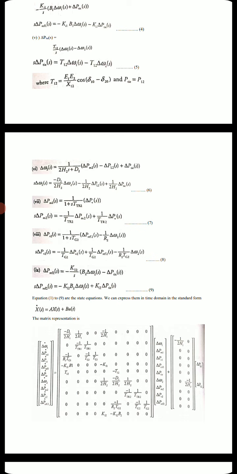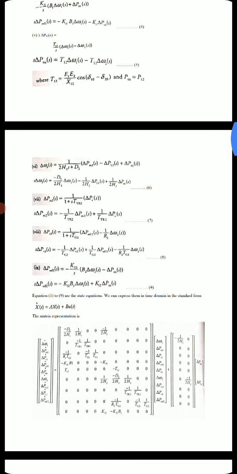Once you have all the equations, the major thing is to write them in the standard form, that is x dot of t equals A into x of t plus B into u of t. You know that one. What is x of t, what is u of t: how do we write that? x dot of t, using the same equations. The x is a transpose of the state vector, so x dot t will be written as one column, that is 9 cross 1, 9 rows and 1 column.